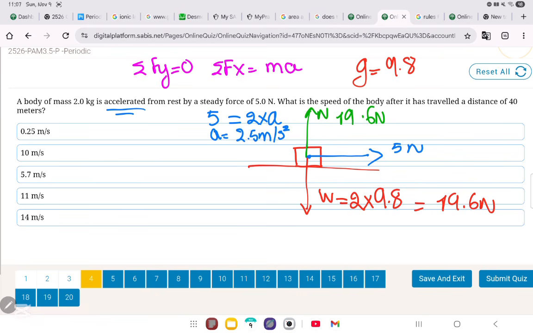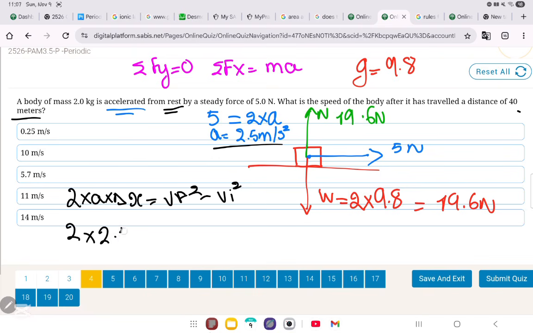Now that we have the acceleration, what can we do? You need to remember the equations of uniform and uniformly accelerated motion. We have the acceleration, we have the distance traveled, delta x, and we have v initial, because it was at rest. You will remember this equation: 2 times a times delta x is equal to v final squared minus v initial squared. So it's going to be 2 times 2.5 times